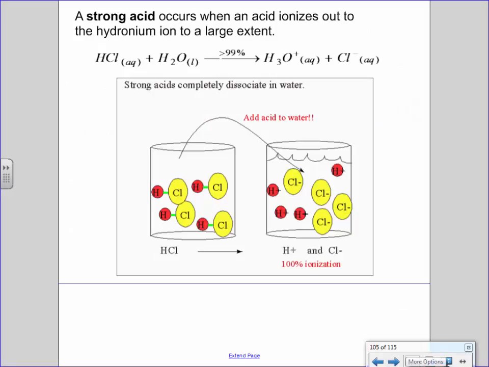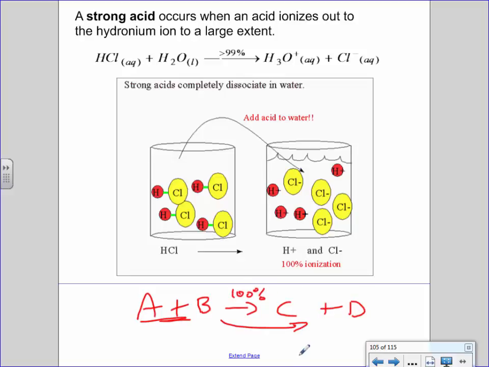Okay. Strong acids, what we've discovered is that their percentage of ionizing is very high. Now, this is kind of a new concept to you guys. I leave it till the very last lesson because it's a bit foreign. When we have a chemical reaction, we normally assume that all of A and all of B turn into all of C and all of D. We assume that 100% of this stuff turns into this stuff right here. That's normally an assumption we've had so far, but that's not actually true.